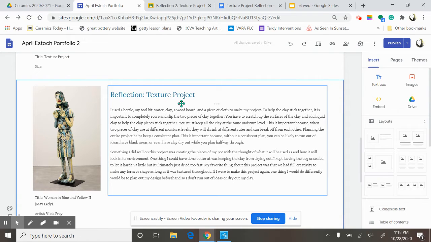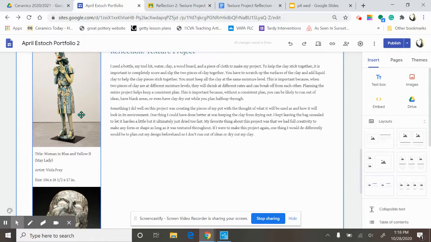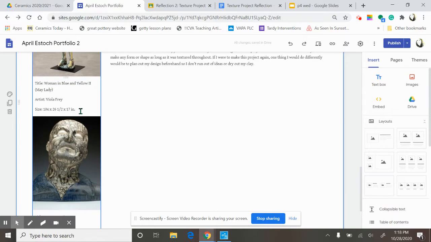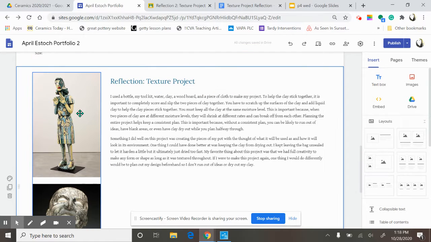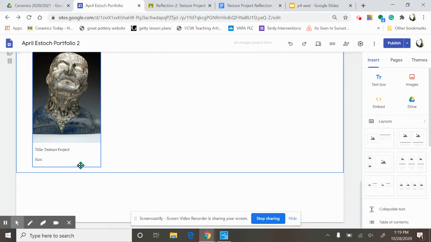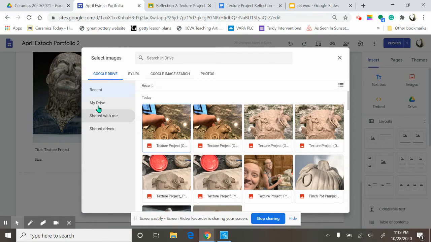So there's the reflection. There's the title. Now we have 2 pictures with 2 captions. We actually need to have 3. I'm only going to require that you actually caption the last picture. So we're going to go ahead and have 3. I'm going to click down here. Remember, we have the space between the caption box and the content box. I'm going to double click there. I'm going to add an image, and I'm going to add the final image